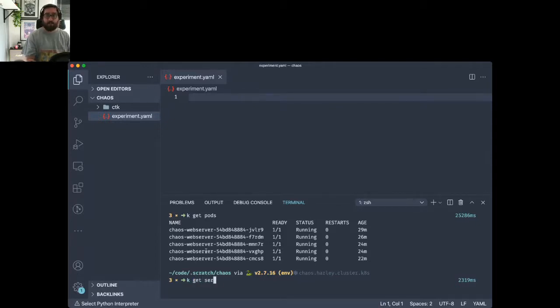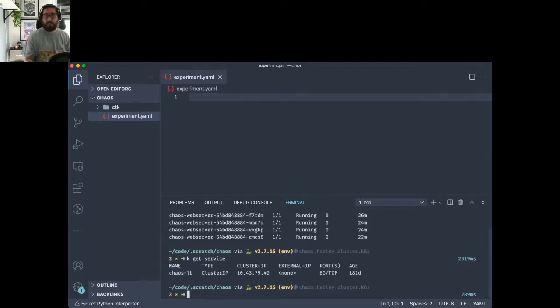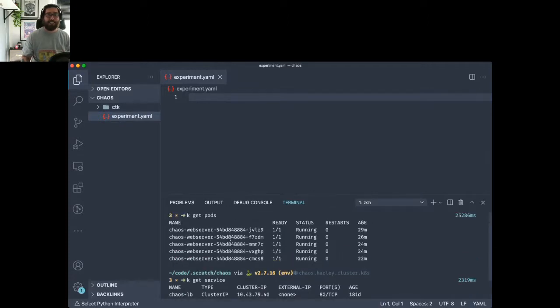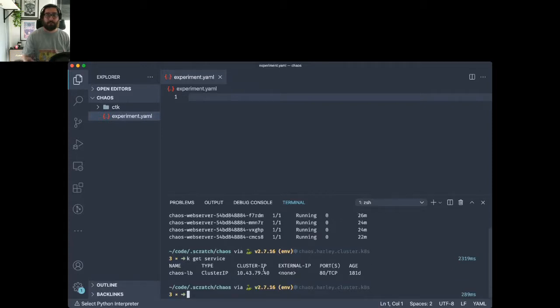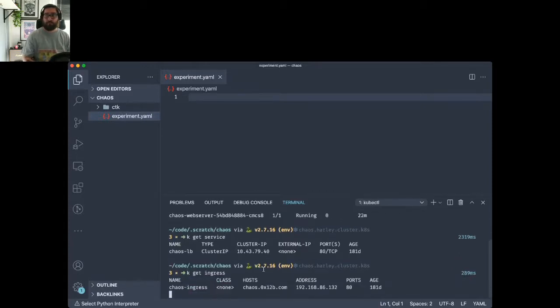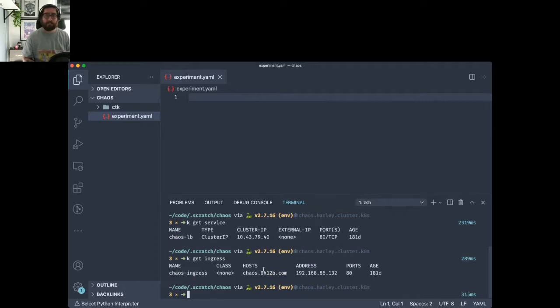We also have a load balancer that will help us balance the actual requests between the pods that we have available. And we have an ingress connected to an external domain name that we can use to access these servers and these pods.